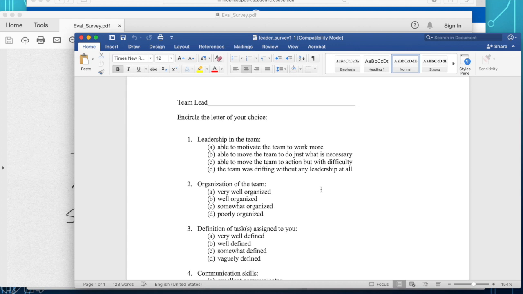and here is what you're going to evaluate them for. The number one question is how well did the individual show leadership in the team. Is the project manager or the assistant project manager able to motivate the team to work more? This is the ultimate test of leadership, when the leader can encourage the team to do more than what is expected